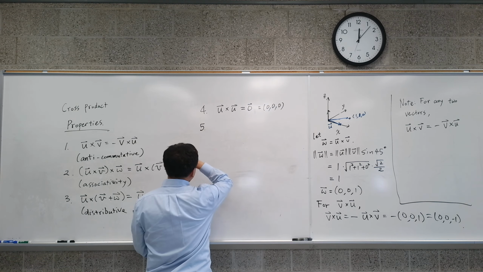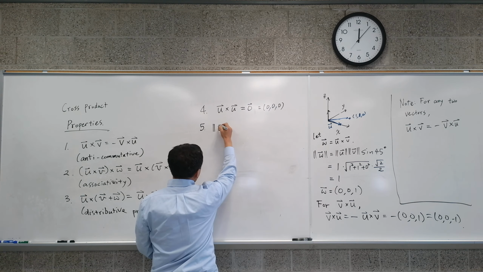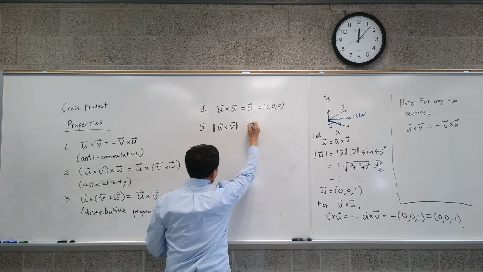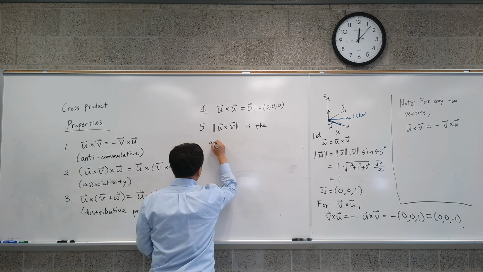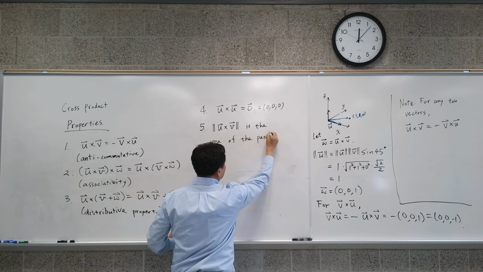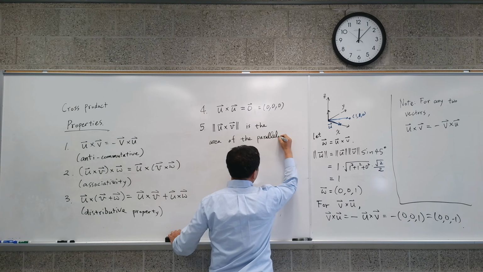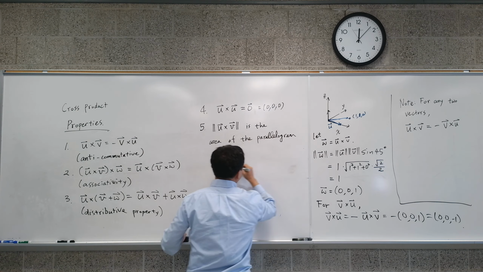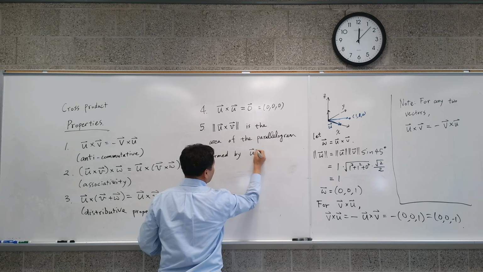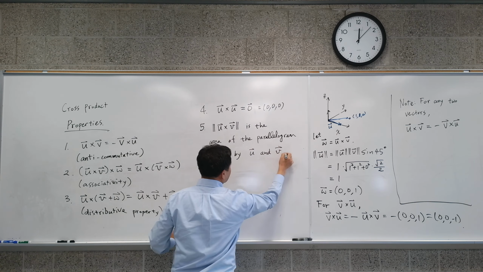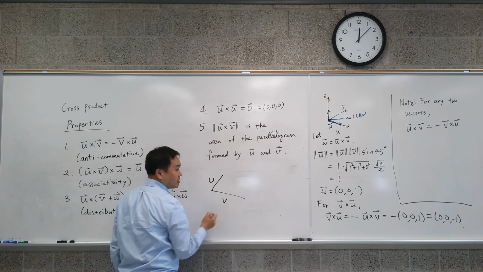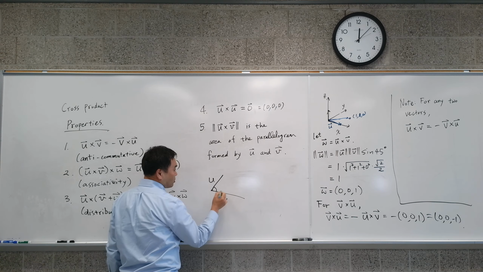This is an important property. Norm of U cross V is the area of the parallelogram formed by U and V. This is almost by definition. If you have length U and length V, and you can form a